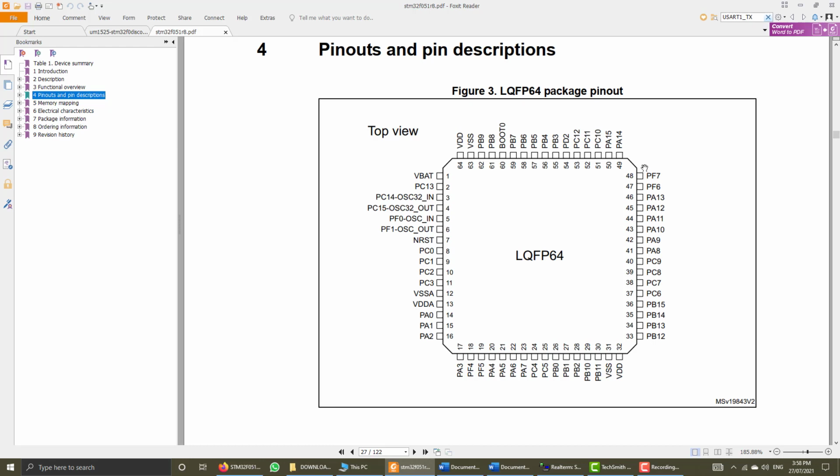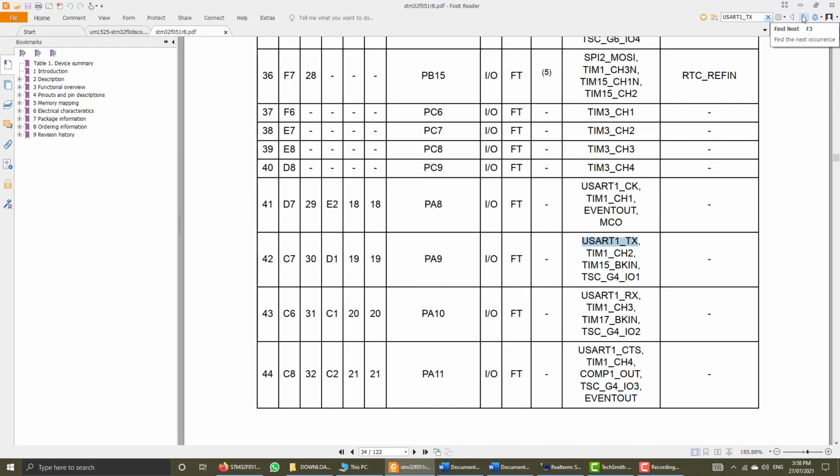So for that we can search here. Here I have written USART1TX, and I will hit search, and it comes to this point, and we can see that this USART1TX, that is the transmit line, is connected to PA9, and USART1RX is connected to PA10. So on these pins of the microcontroller we get the USART1 TX and RX.